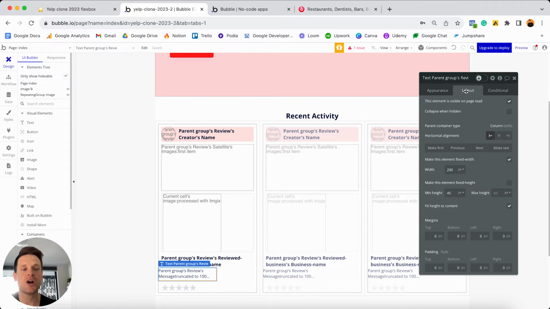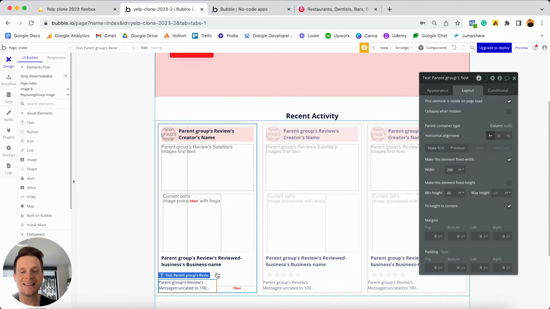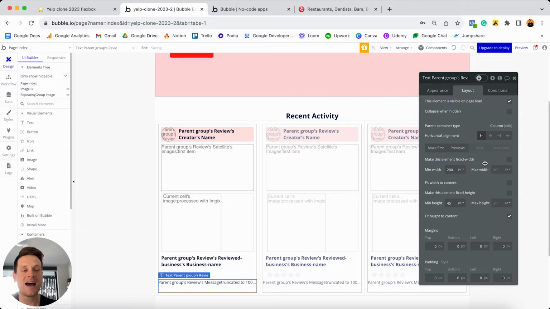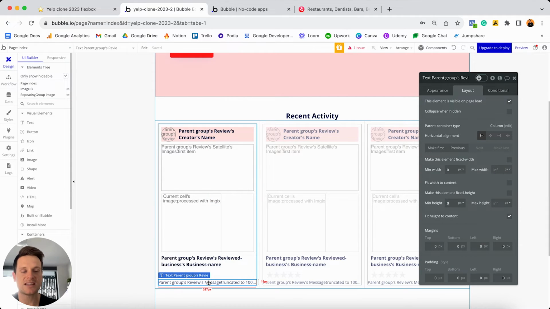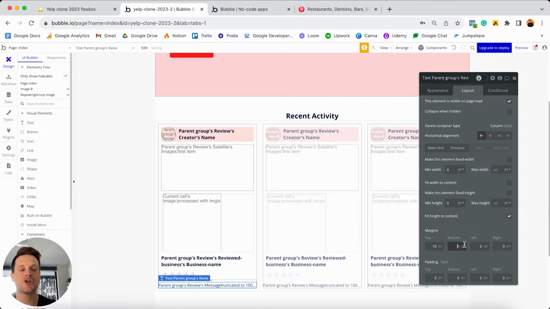However, I am just going to jump over to my layout tab and make this fully responsive. But before I do that, I'm just going to move this to the last position within my group. I'm going to then unselect that this should be a fixed width. I'll set the minimum width to be 0, leave the maximum width as infinite. I'll set the minimum height to be 0, so that way it collapses around all of the text. And of course, because it has a maximum height of infinite, if this review was quite long, let's say it took up the full 100 characters, this text element would just continually expand down and fit all of those into it. And finally, I'm going to add 10 pixels of margin around every single border here, including the bottom,